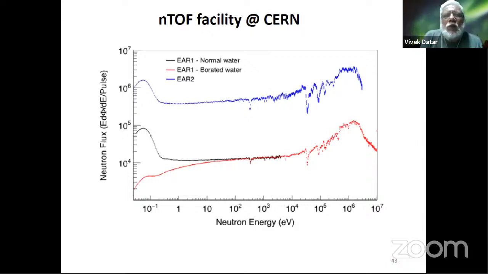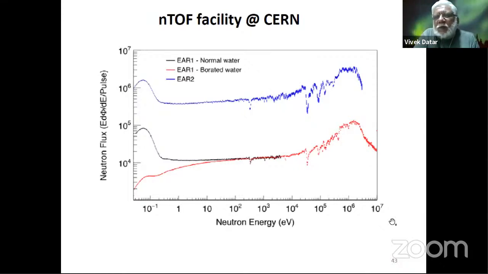So anyway, if you do that, you put a partial amount of moderator around the target. What is shown here is normal water, borated water, and some other way of moderating it. Then you can see that you get a wide spectrum, plotted in terms of electron volts. So this is like 1 MeV, and this is 10 MeV, down to a fraction of an electron volt, milli-electron volts. Okay. This was actually proposed by Carlo Rubbia,